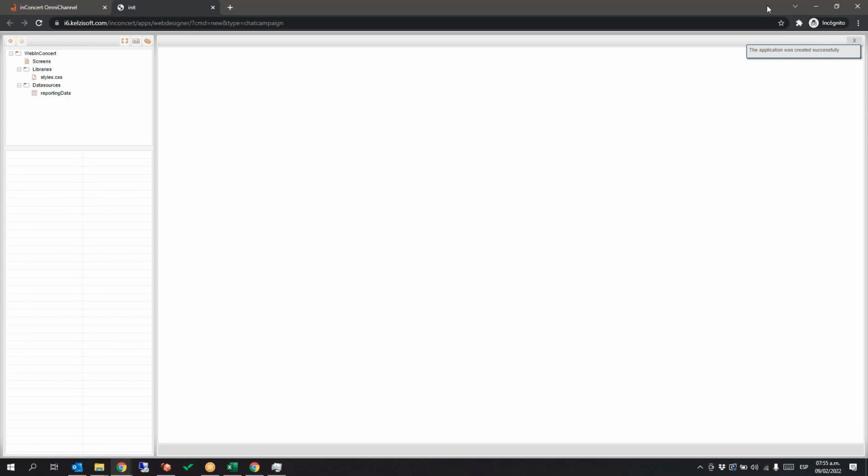So, guys, we can continue. I'm going to review what's happening with our environment, okay? For tomorrow, we'll go forward in that environment. Okay, so when you have a new web chat, you will have here your screens. You will have your libraries. Here you can import JavaScript libraries or CSS files. And data sources will be